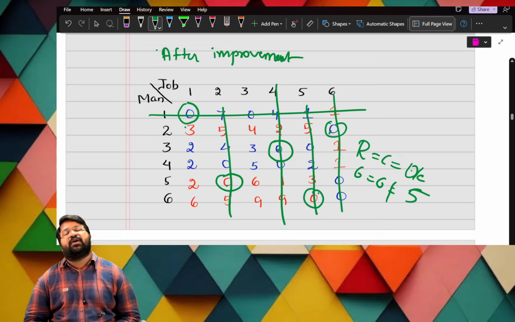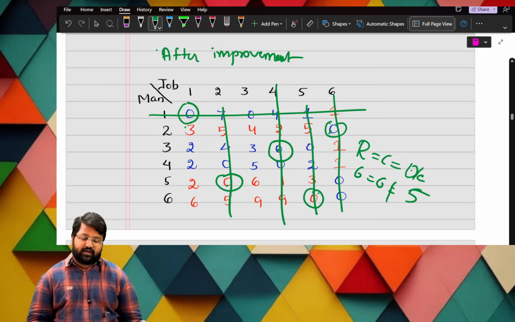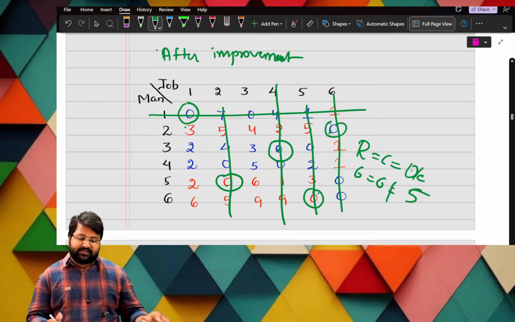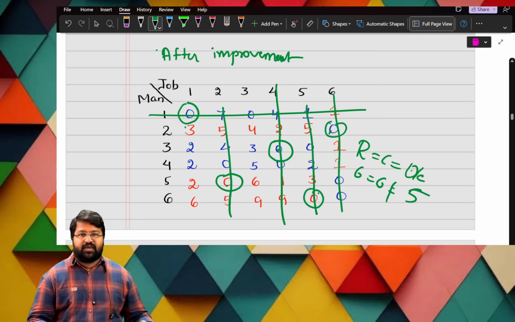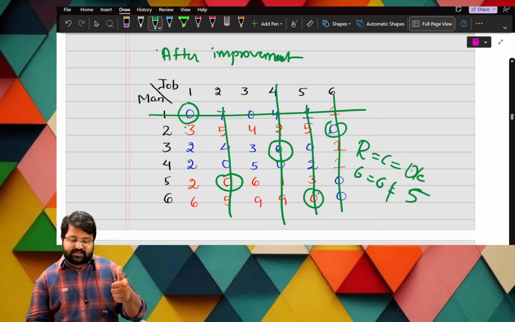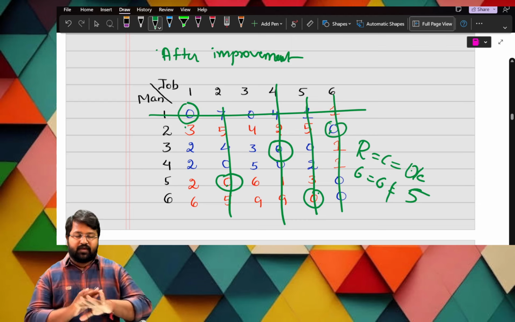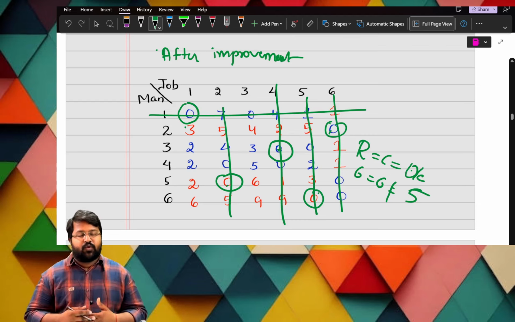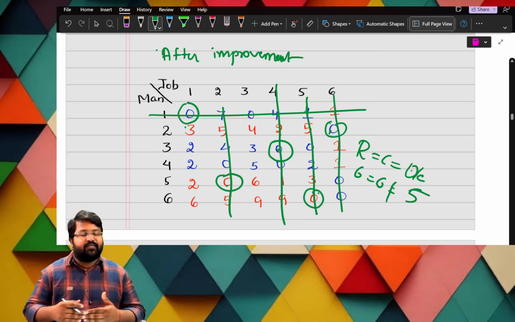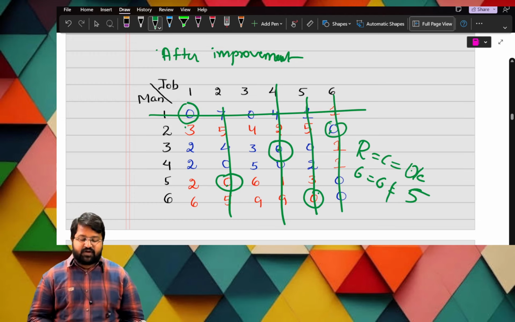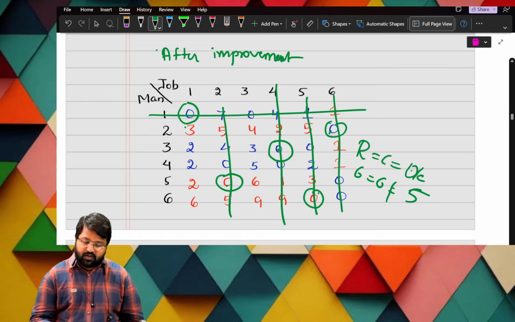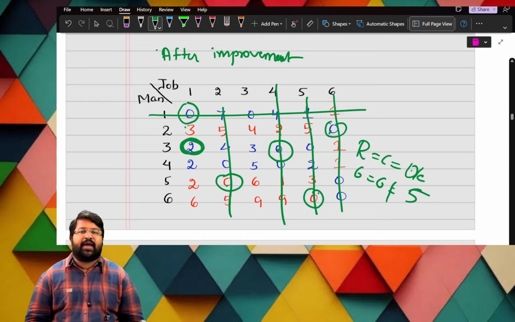Again, we have to do the improvement. What to do in the improvement? Again, the entire matrix. This is the end matrix of our checking. After checking, we have to categorize them into junctions, covered, uncovered. Okay, these are the items. Next, I have to identify the least number from the uncovered. From this, what is the least number? I'm getting 2 as the least. Am I right? 2 as least I'm getting.